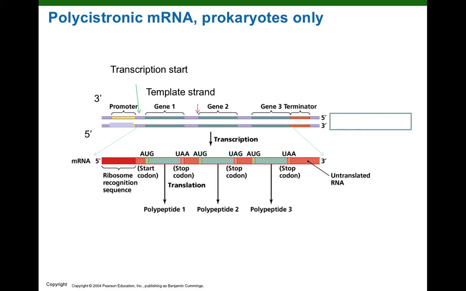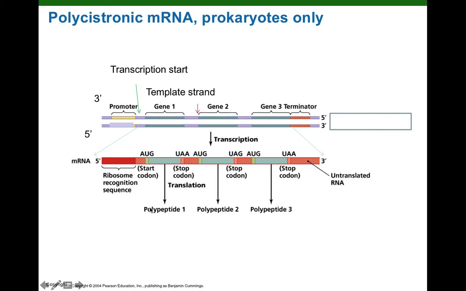Let's look at this polycistronic messenger RNA, meaning it carries information for 2 or more genes. So this is kind of jumping ahead to translation, but this first part of the messenger RNA, the 5' end, there'll be what's called a ribosomal binding site, and that's where the ribosome will bind. And then as soon as it recognizes the first, this is called the start codon AUG, the ribosome starts translating the messenger RNA into the amino acid sequence of a protein. And then when the ribosome hits, this is called a stop codon, it falls off, and then that releases